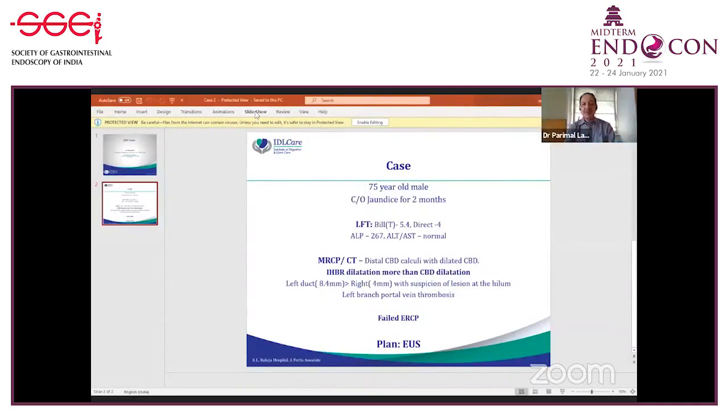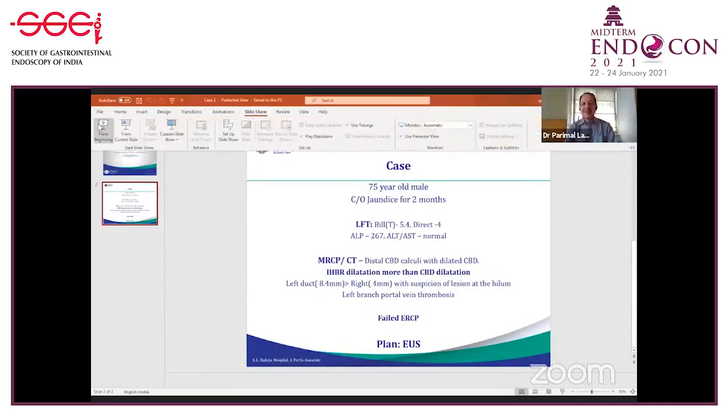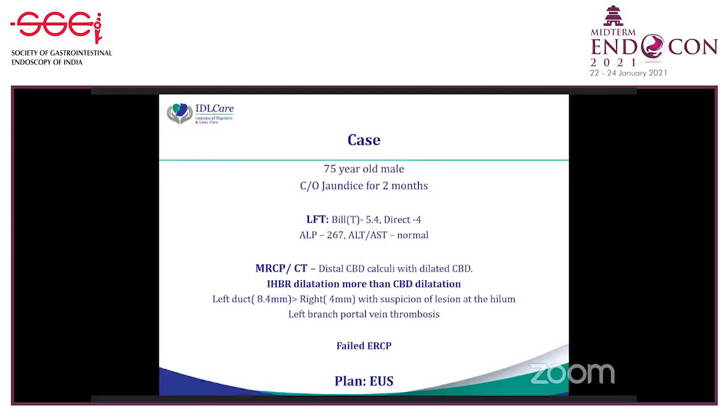So our next patient for US guided biopsy, yes or no? So this next case is an elderly gentleman who has jaundice for 2 months. You can see that it's an obstructive kind of jaundice. And MRCP and CT is very, very interesting. He has a 7 millimeter calculus in the distal CBD.